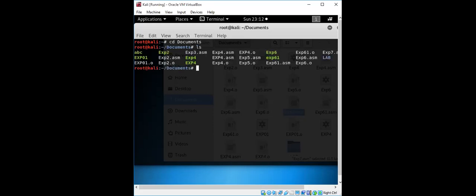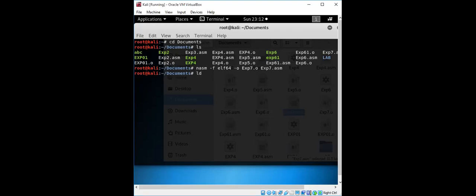Experiment 7 is there. Now at least we need to get to this part: EXP7.asm. If there are any syntactical errors, hopefully it does not have any error for this.